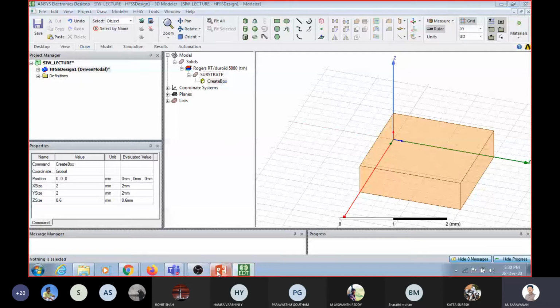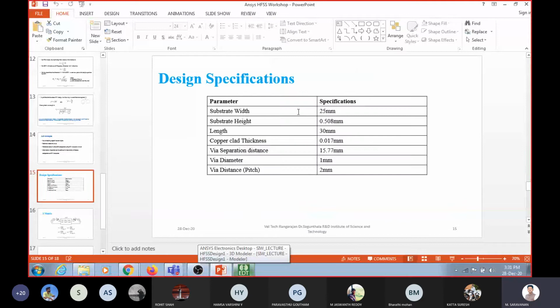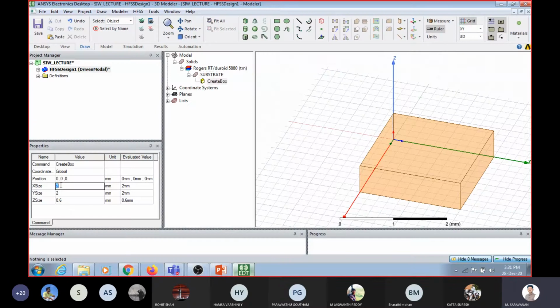Okay, so we know what is the substrate length. Substrate width is 25 mm, length is 30 mm, height is 0.508 mm. Okay, 25, 30, 0.508. So substrate, you have to choose it. Say I'm going to choose the substrate as 25.